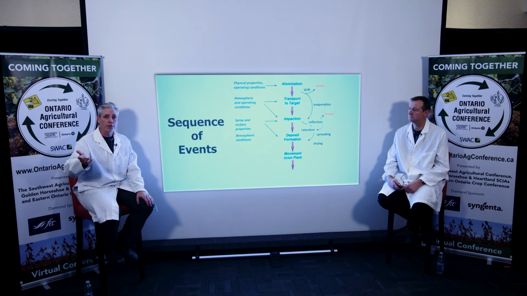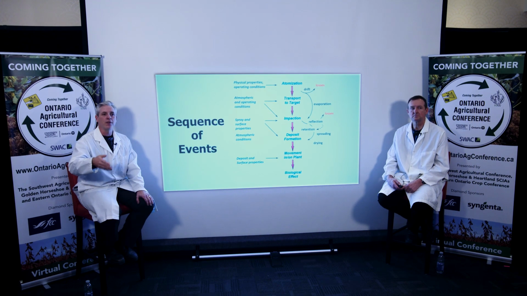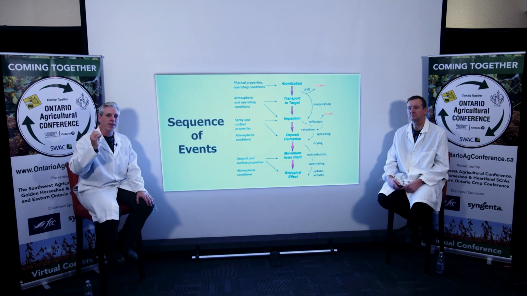Maybe wind blows them off course, maybe they shoot there like lasers, maybe they evaporate, right? We don't know. But at some point, they get from A to B, they arrive at the target. Once they get there, they have to hit it. That's impaction or impingement. So the droplet actually lands on the leaf like the one you showed, and then what